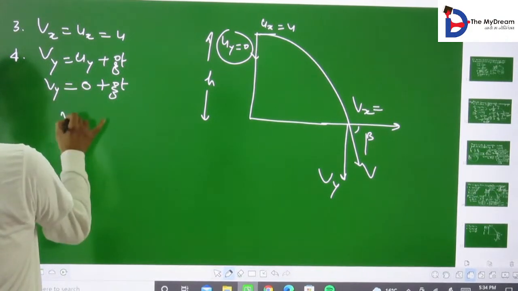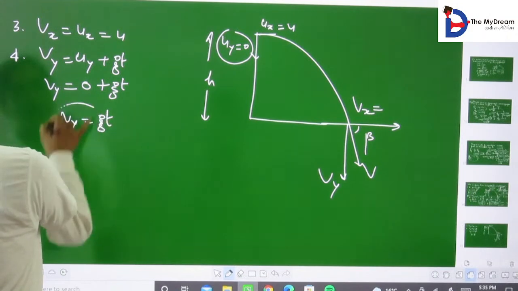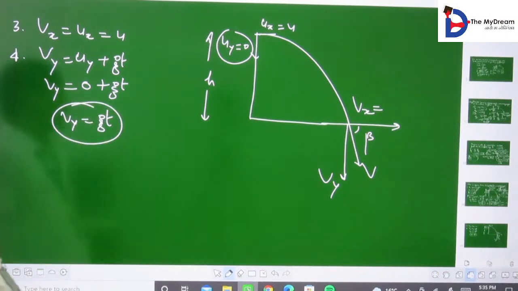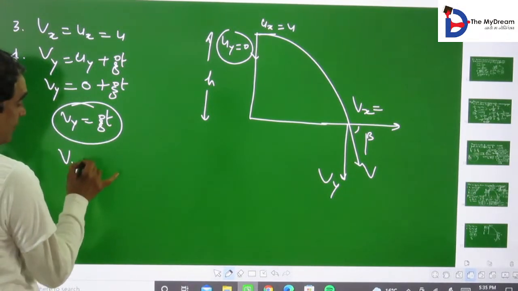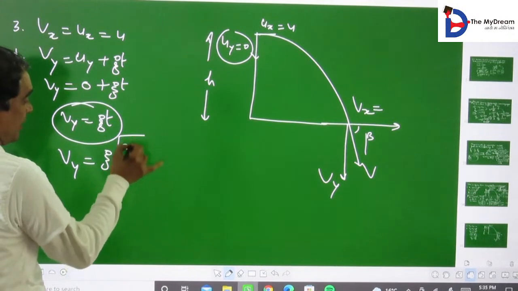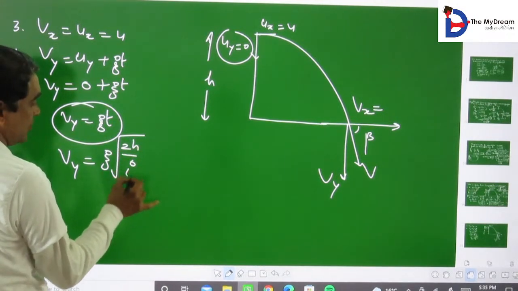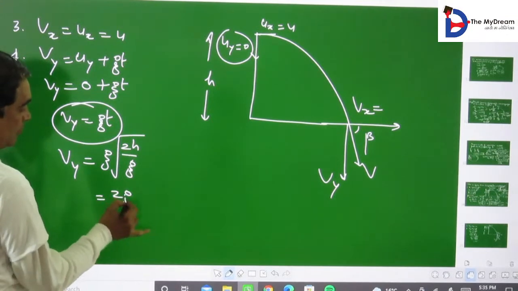So Vy is equals to gt. In place of t, ध्यान से देखिए, in place of t आपने अभी थोड़ी देर पहले पढ़ा √2h/g, और ये कितना हो गया? √2gh।